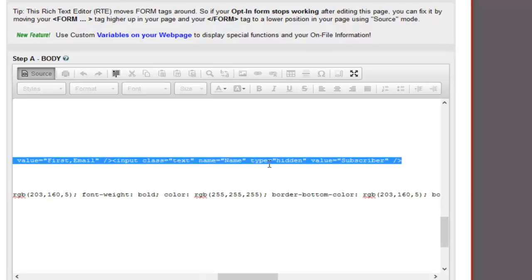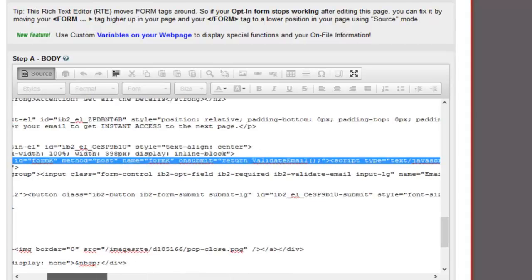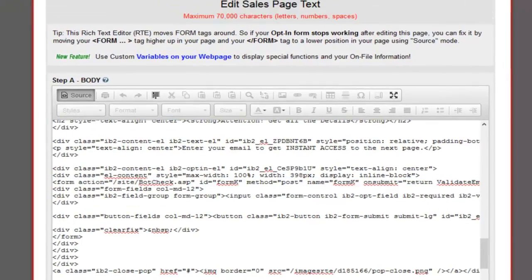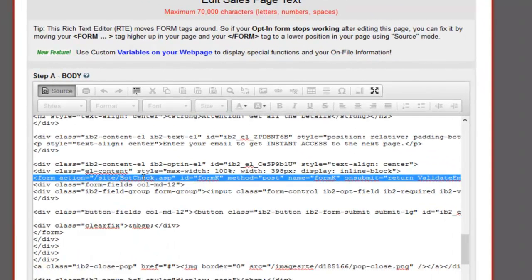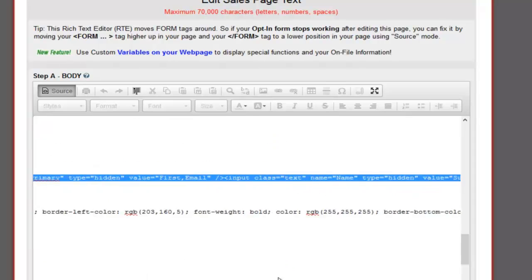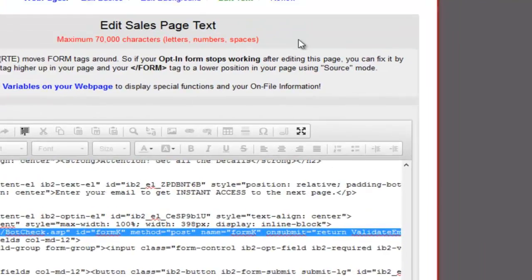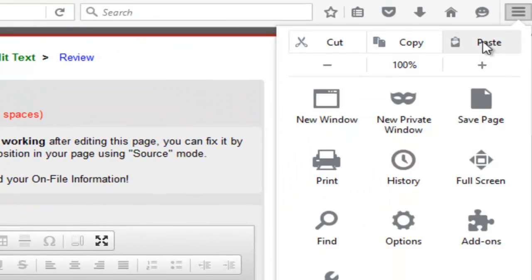Okay, so I did not see a BR, so that means I highlighted that entire line from left to right. And if you remember, I grabbed that top line from the code that GetResponse gave me, and I'm going to paste that right here. And again, you'll notice I found the first line with the word bot check in it, and there's no BR in that line, so I'm just going to come up here and I'm going to paste